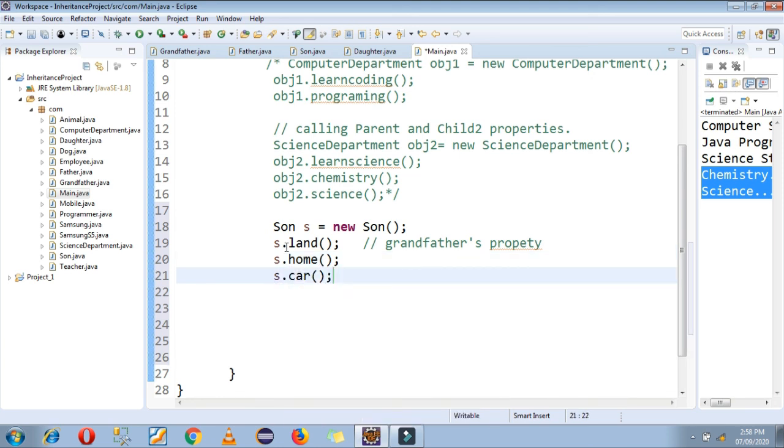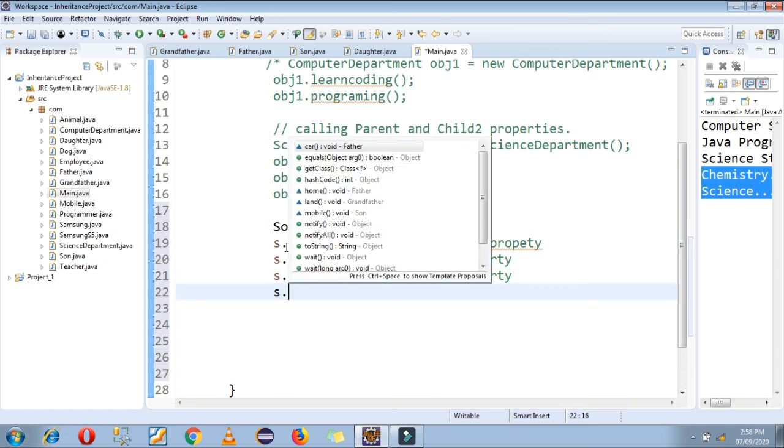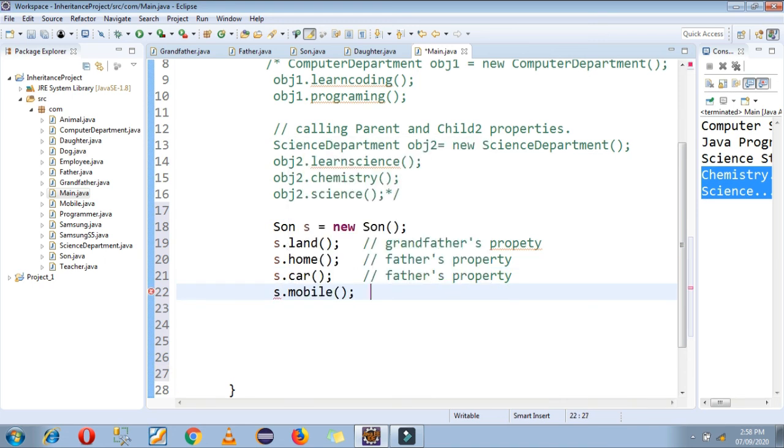Then the car property, which also belongs to the father's class. Now the son has his own property, that is, sorry, a mobile. So the son also wants to call his own property.